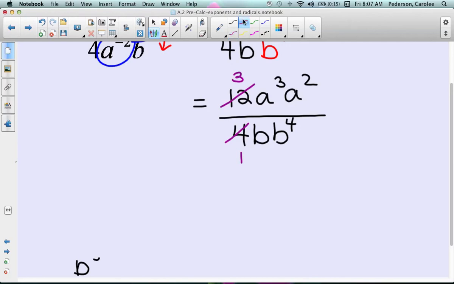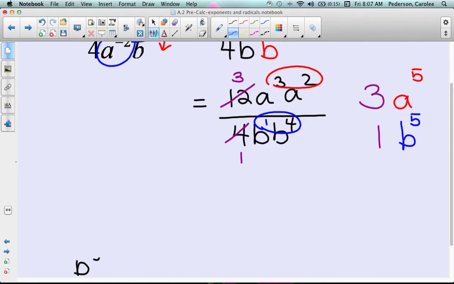Then, in my numerator, I have an a cubed times a squared. Well, this will become a to the 5th power. And then in the denominator, I have a b to the 1 times b to the 4th. These can combine together, adding them, as b to the 5th. And then in the numerator, it is 3. In the denominator, it was 1. And that's what my answer looks like. You don't need to have that 1 there if you don't want